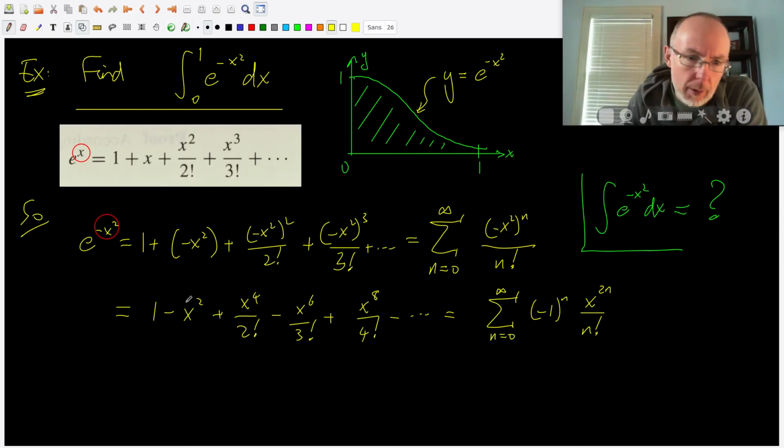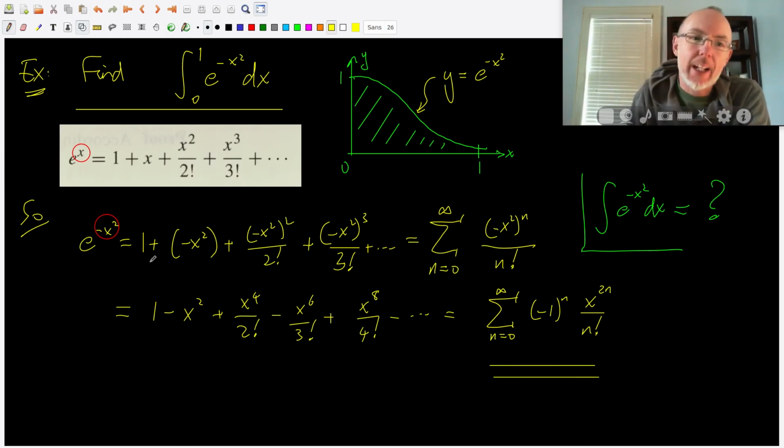Well, it would be cosine if this was a 4 factorial and this was a 6 factorial and that was an 8 factorial. So it's close, but it isn't cosine. And you can kind of tell the shape of cosine is similar to this, but obviously not the same. So we've got this power series, and we can use the result that we're allowed to integrate power series to